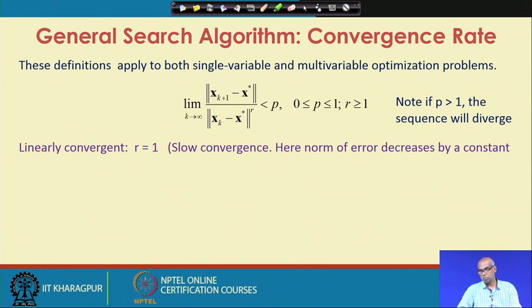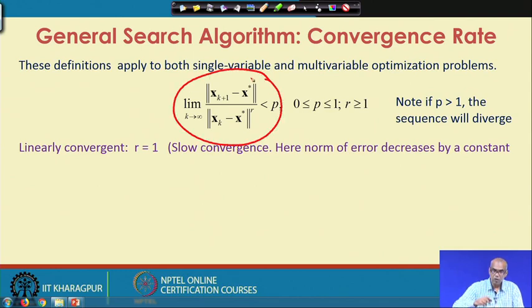So, if I define a ratio, which is modulus of x k plus 1 minus x star divided by x k minus x star to the power r, and you take limit k tends to infinity, this value is less than p, where p lies between 0 and 1 and r is greater than 1, then